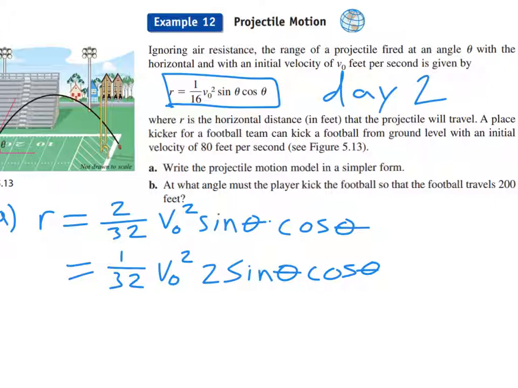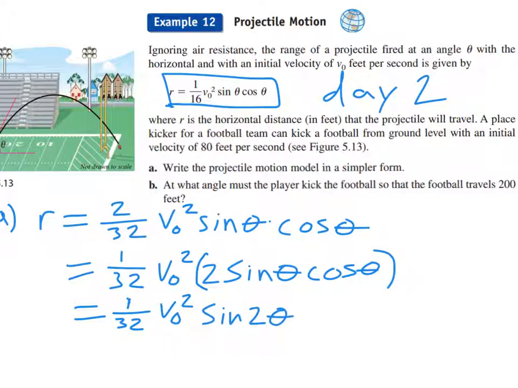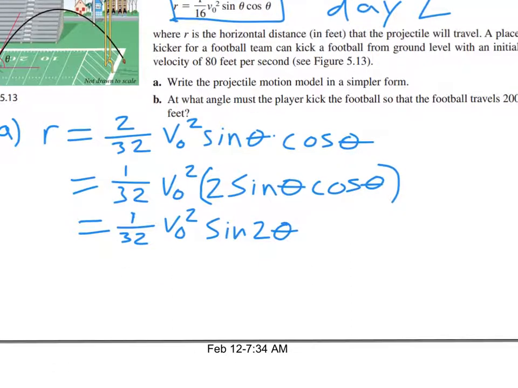Now what has happened is 2 sine theta cosine theta. So these aren't going to change. 1 over 32 is still going to stay there. The initial velocity. But now with the double angle formula, I can make a substitution that this part right here, if you check your double angle formula for sine, you'll see that matches perfectly. And now I get it down from 2 trig functions to just 1. From 2 down to 1. And that's the simpler form that we were looking for. Okay? So now in part B,